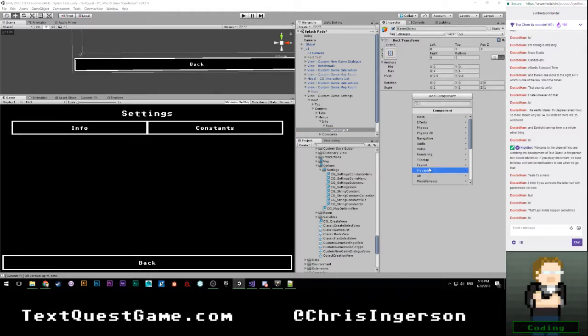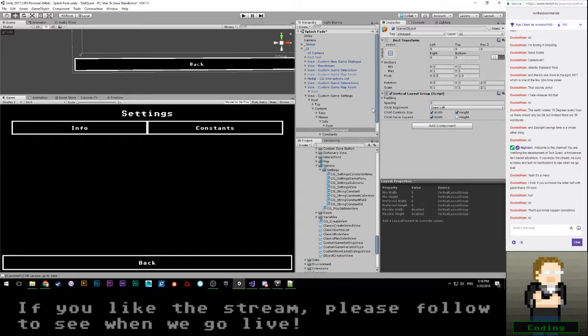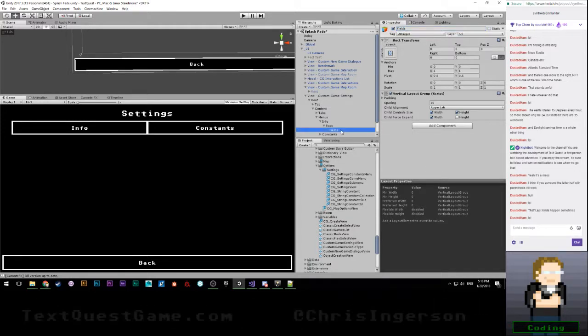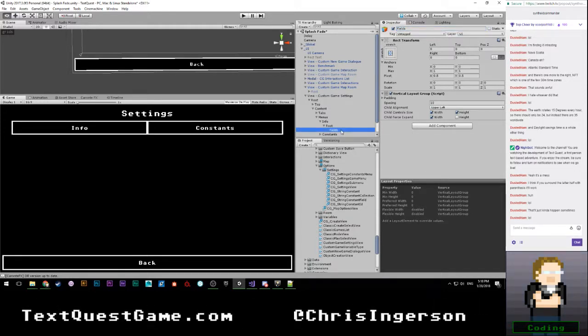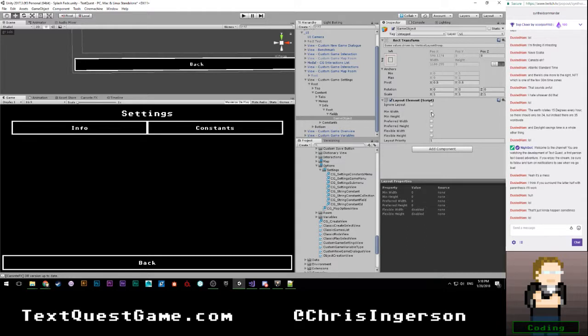vertical layout group. So let's go ahead and call this vertical layout group. Not going to control height. And spacing of 10 is probably fine. Let's go ahead and rename this to be fields. Alright, next we're going to want a blank child object that has a layout group on it. Or sorry, layout element. Minimum height is going to be, I think 100 would be fine.